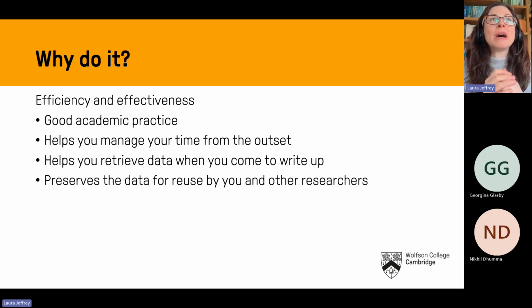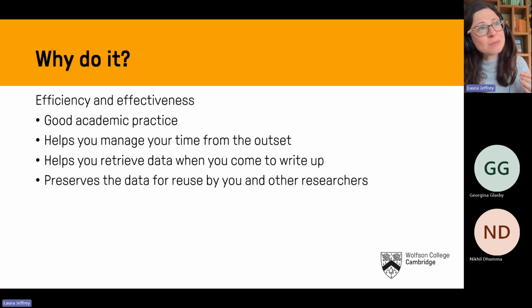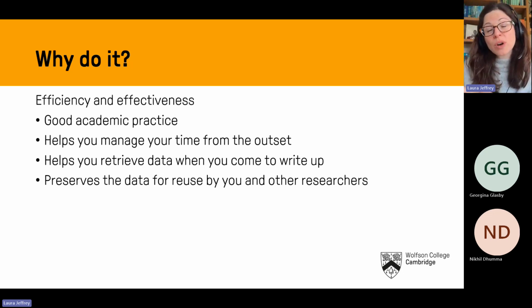If you've really thought about all the issues or the possibilities in that data collection process, you're not going to get halfway through and say, oh, I really wish I'd asked people this, or I really wish I'd collected that data, or I wish I'd started that experiment earlier because now I haven't got time to do it, because you just perhaps hadn't quite thought everything through. And when you come to the write-up process, if everything's really well stored and organized and there's a really clear rationale,